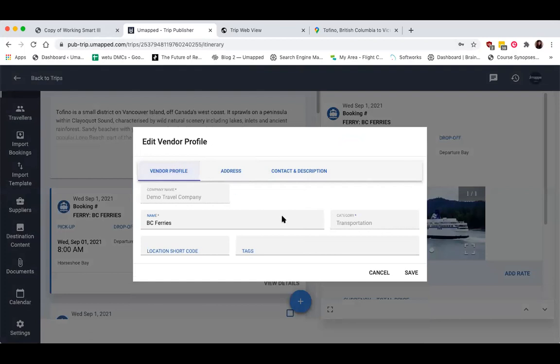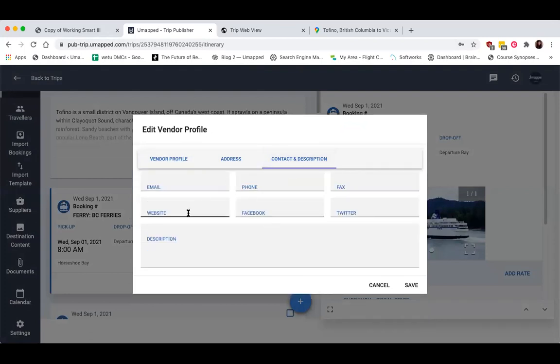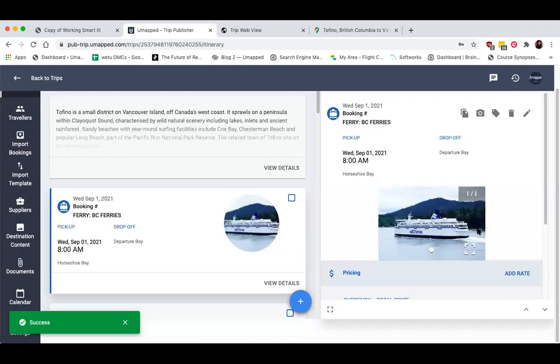Earlier, I didn't put anything because I didn't care about anything except the name, but you do have that option to put the website right here or put the phone number right here or something like that. So that's always an option. I'll just do bcferries.com, even though that's definitely not the email, and that's going to appear.